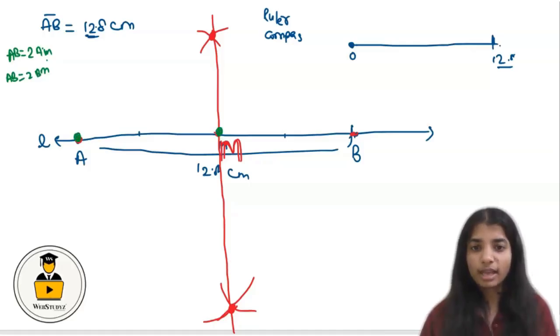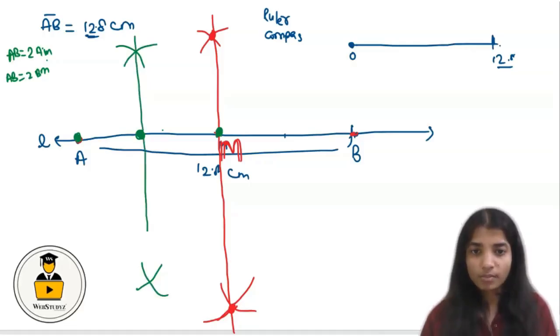Now we are going to take A as the center. We have to open our compass more than half of AM. Let's say this is the half. We have to open more than this, and after opening the compass more than half of the length of AM, we are going to draw the arc. Taking A as the center, we draw the arc at the upper end as well as the lower end. Now taking the point M as the center, we draw the arc at the upper end and the lower end. Now we join them. So let's say this is the point P.